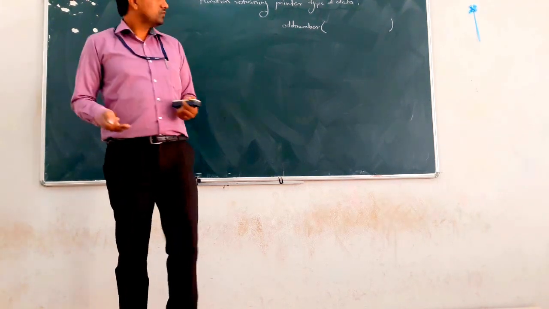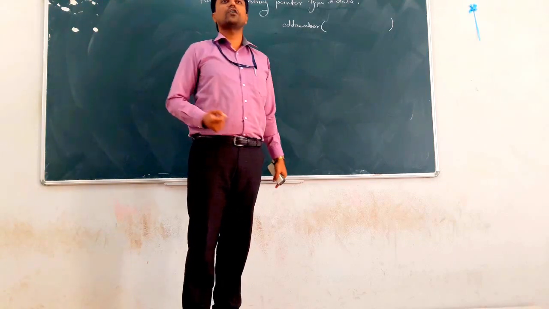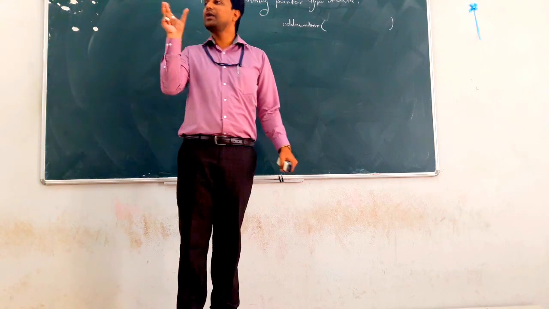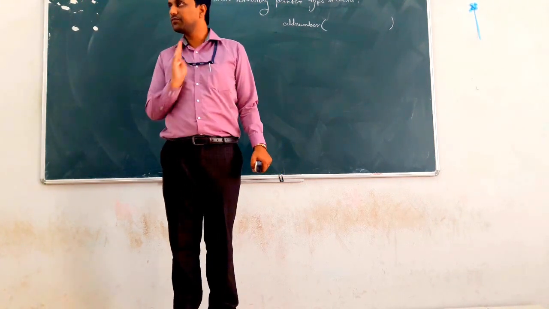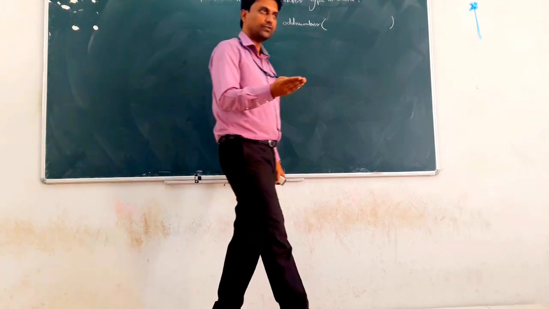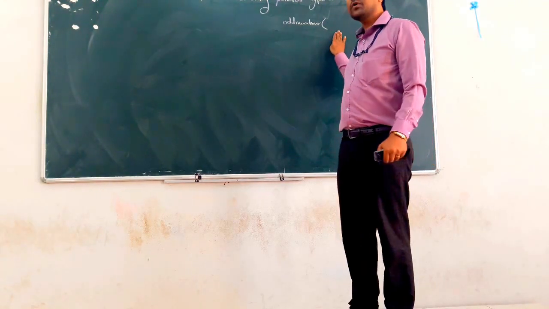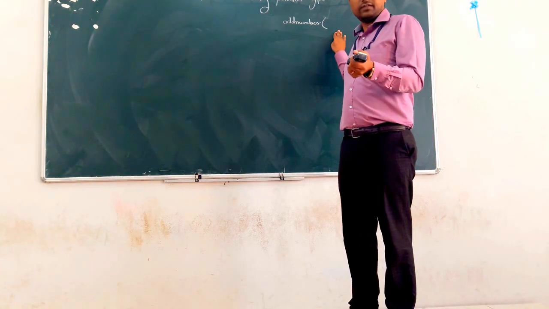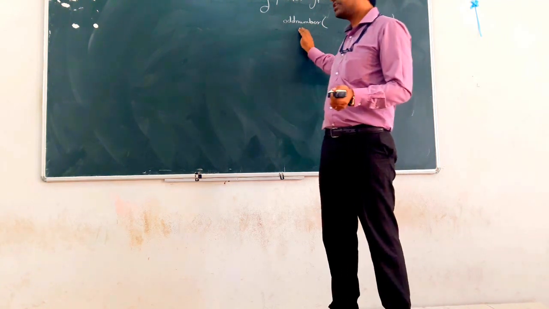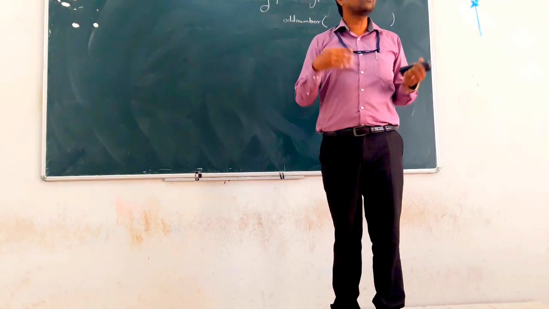So what does the user require? The user passes how many odd numbers are required. Suppose we want only the first 5 odd numbers starting from 1. So 1, 3, 5, 7 and 9. So one argument is how many odd numbers you want, and we can pass that as an argument. The function odd number returns the total 5 numbers.